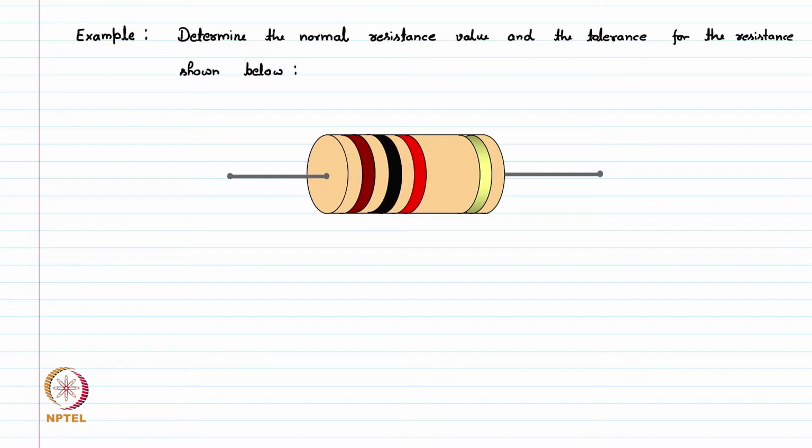So here we have this resistance and this has these color codes. Now how to determine the actual value of this component from that table which we just saw in the last slide? Those color codes represent certain digits in the actual number, and how do we calculate the actual value of this resistance? So here we have the first band, this is brown,